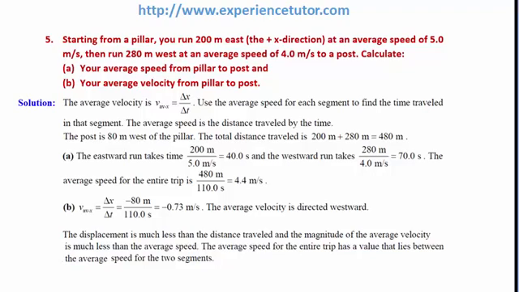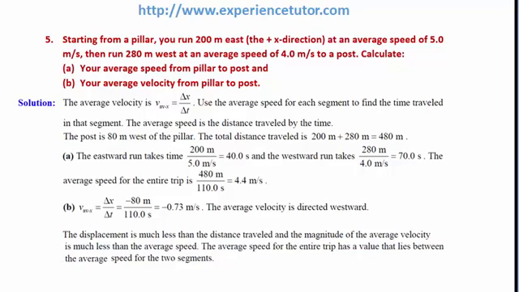Average velocity is equal to displacement upon time. Therefore, the solution for A will be: the eastward run takes time = 200 meter upon 5 meter per second, which is equal to 40 seconds. The westward run takes time = 280 meter upon 4 meter per second, that is 70 seconds. The average speed of the entire trip is equal to 480 meter upon 110 seconds, that is 4.4 meter per